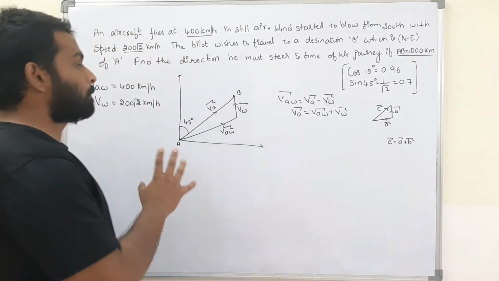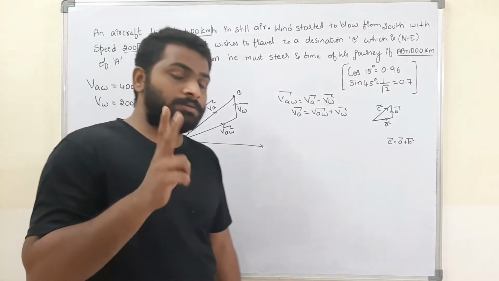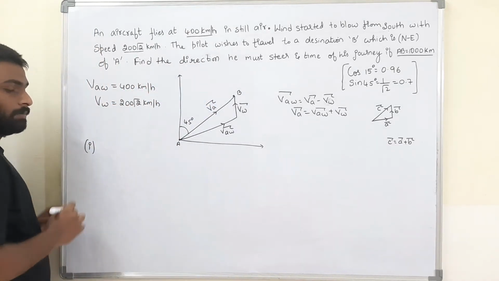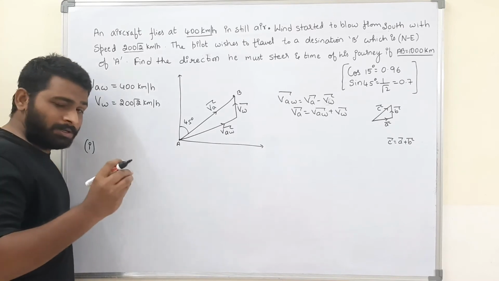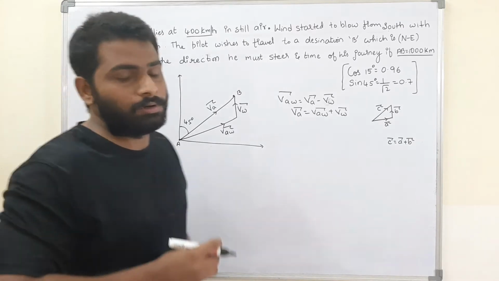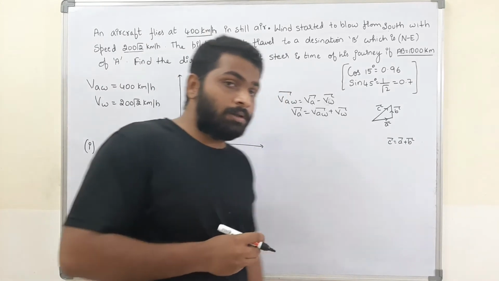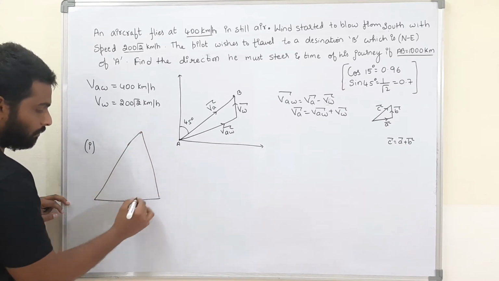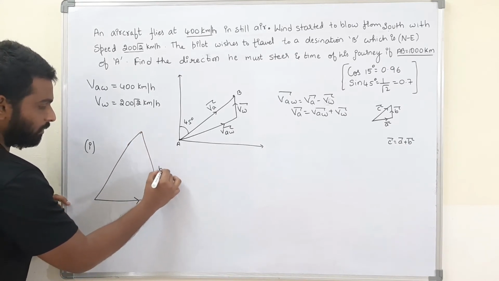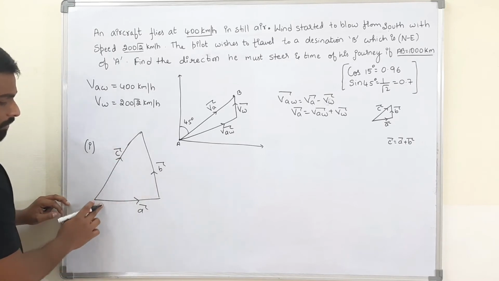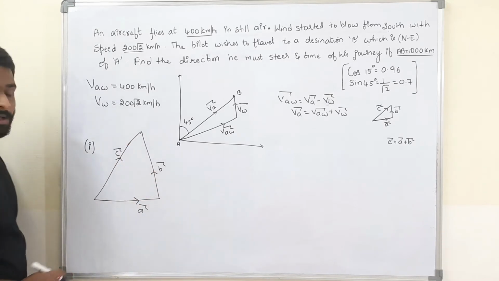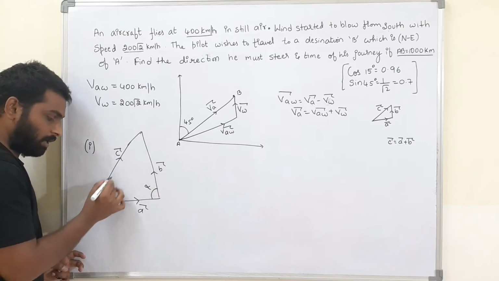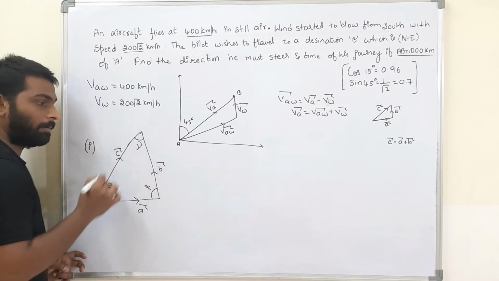Okay, now see here. I can solve this problem in two ways. First method, see here. This is a very important method. For this first method, I need information about the sine rule. What is the sine rule? Do you remember the sine rule? This is A bar, this is B bar, and this is C bar, where A bar plus B bar is equal to C bar. Now the angle here is alpha, the angle here is some beta, and some angle here is gamma.